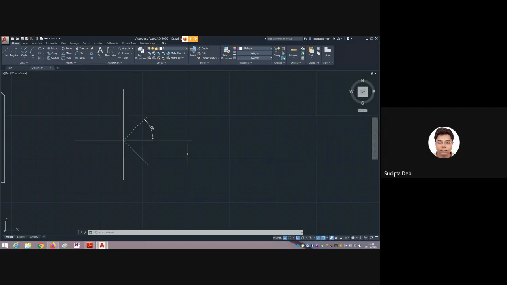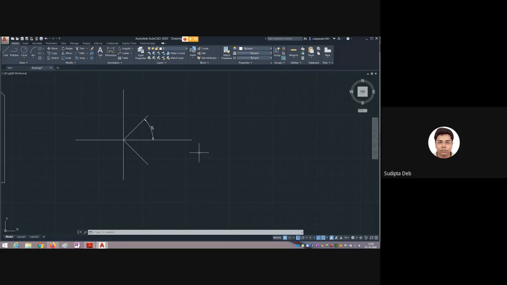For the angle you can put minus 45, you can also put plus 45. That is the difference between minus and plus, because the anti-clockwise measurement is considered plus, and the clockwise direction is considered minus.